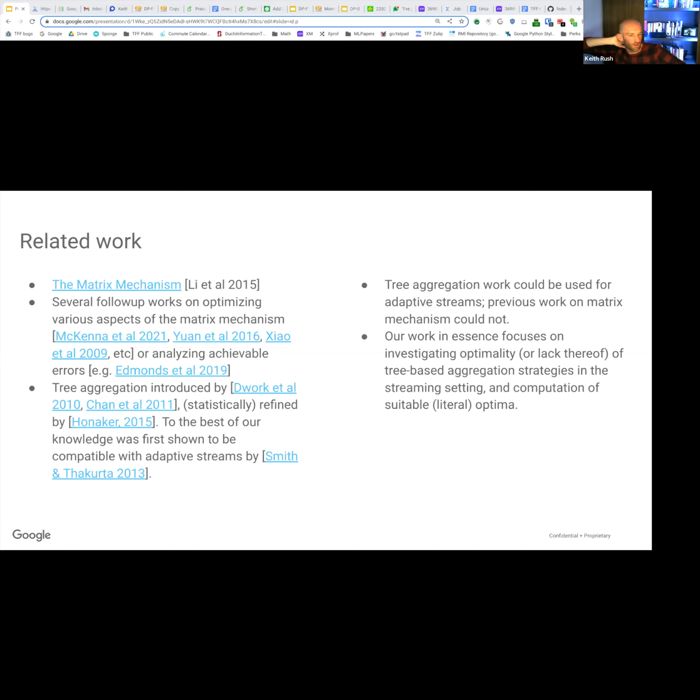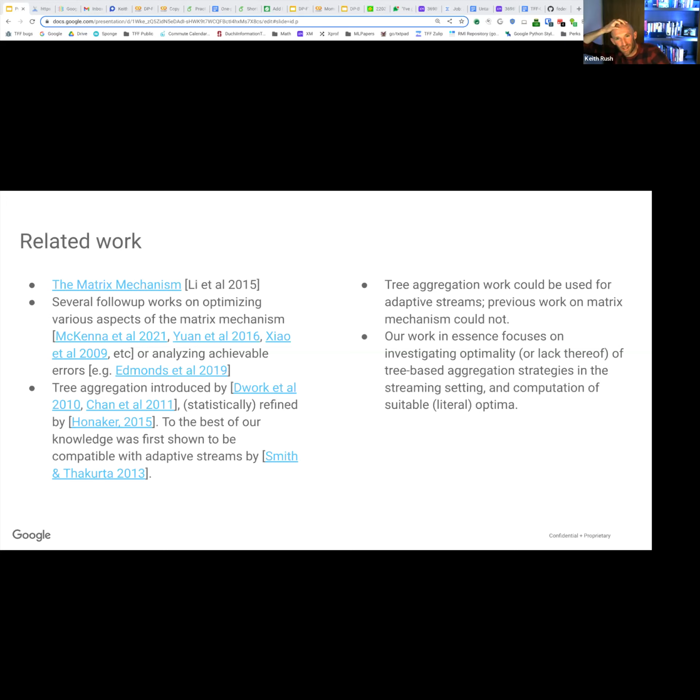There's been a lot of work on the matrix mechanism itself, on optimizing various aspects of it, on analyzing the kind of errors that are achievable. Like, is the matrix mechanism actually optimal with respect to all potential differential privacy schemes that compute these linear things. And there's this parallel line of tree aggregation, which is more directly where we inherited from, because we tied the tree aggregation line in to the matrix mechanism line, or at least that's how we think about what we did,